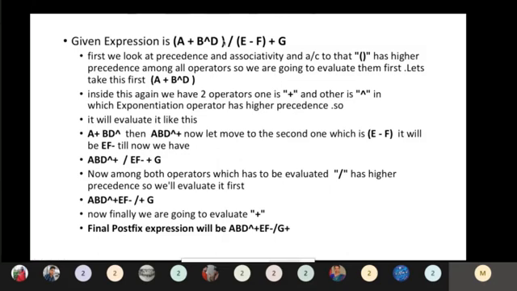So in the closing parenthesis, whenever you get an opening parenthesis and then a closing parenthesis, within that whatever operators are available, once you reach the closing parenthesis, whichever things are available in that stack, what to do? You just cut the closing parenthesis as well as the opening parenthesis, and whatever operators are available in between, you just place them outside. You just remove it.